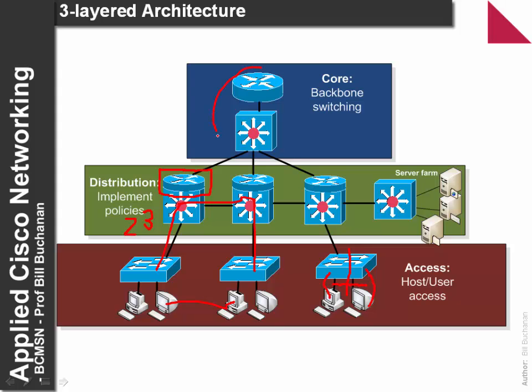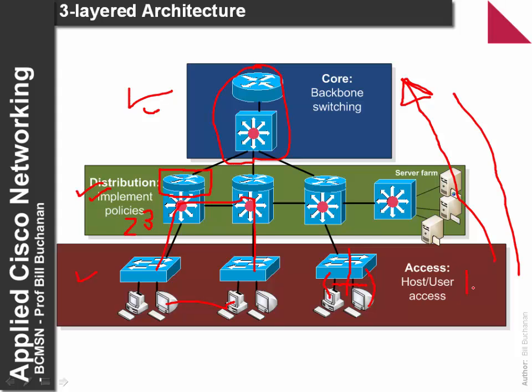At the core we have the main connectivity to the main switching networks. The reliability of each of the layers should increase as we go through. The core layer should be the most reliable of all, followed by the distribution layer and then the user access layer. The network bandwidth that it supports will typically also increase. If we have 10 megabits per second here, then we typically multiply up to 100 and then on to 1 gigabit per second at the core layer.